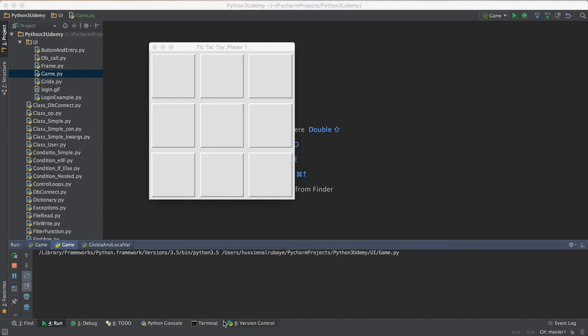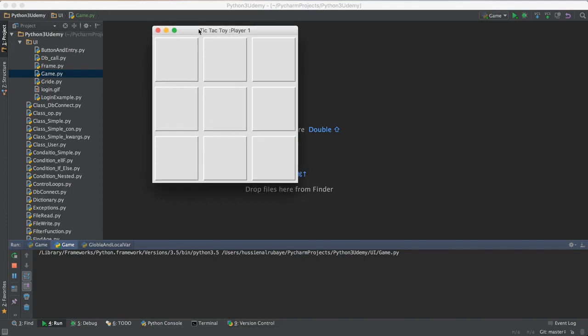Hey again. In this section, we will implement the Tic Tac Toe game. If you are not familiar with Tic Tac Toe, it is this simple game. Two players play the game. One player uses the symbol X and one player uses the symbol O. Whenever any player fills all of a row or a column with their symbol, he will be